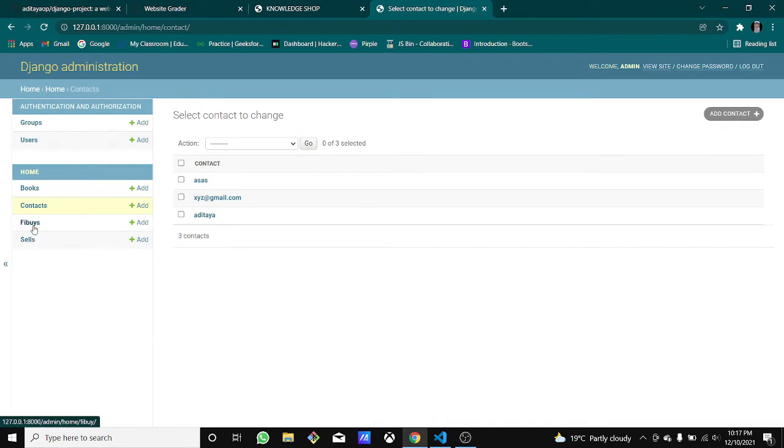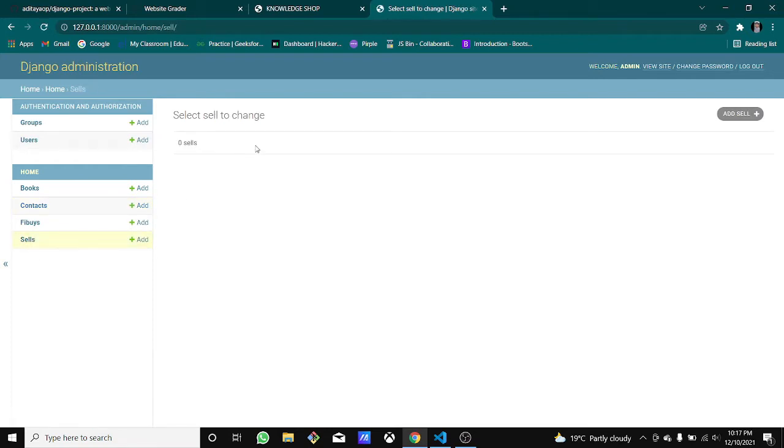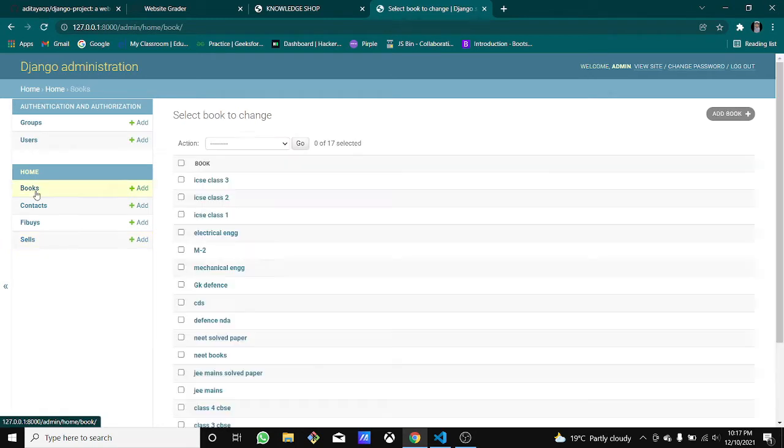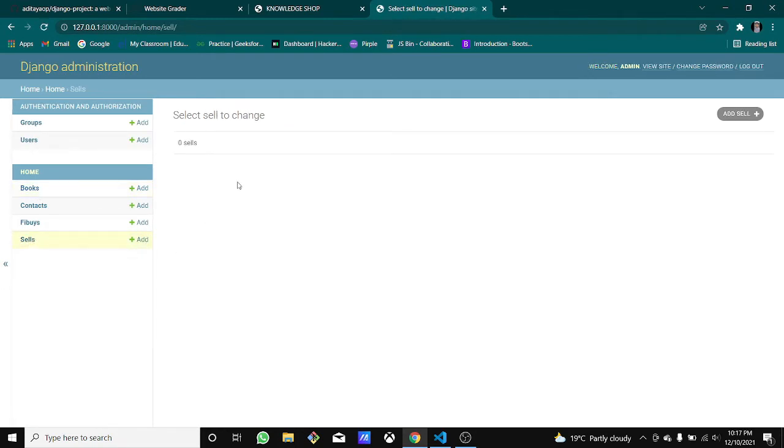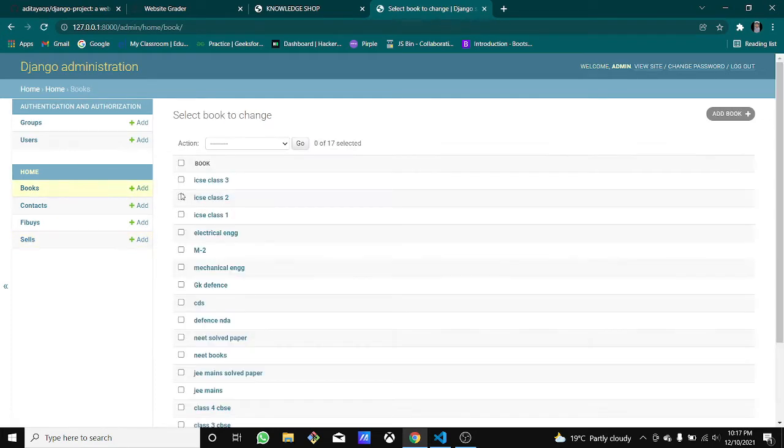Okay, and this I would like to show you. That's the actual buying phase, where the person with the proper address and email would be going through. And this is the selling page, where whenever you sell something, it will be added here, and it will be added in the books too. Okay, so that we can just see who has added what, and automatically the books will be updated.